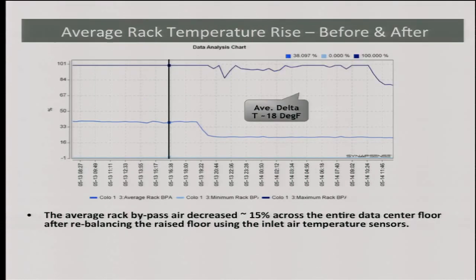Okay? This shows you how, when you make certain changes in the data center, these changes affect the recirculation air, for instance. Okay, so this shows you that as we made certain changes in the data center, the delta between the supply and the return temperature in different cross changed significantly, and that increased the efficiency of your cooling units themselves. So what I'm trying to say here is that these tools allow you